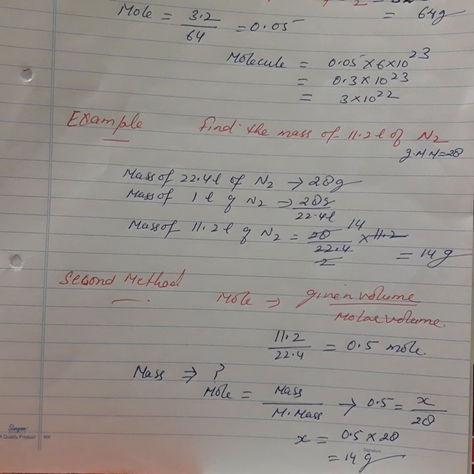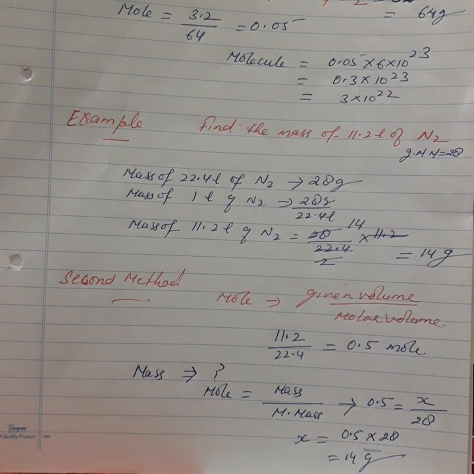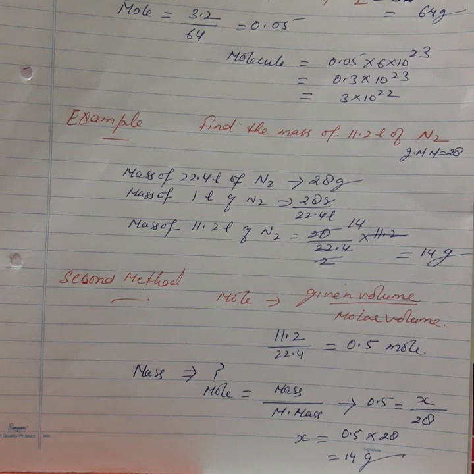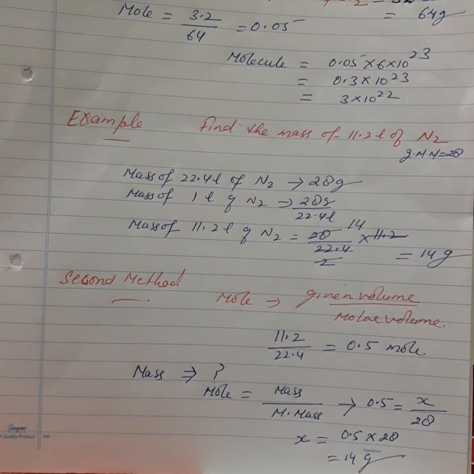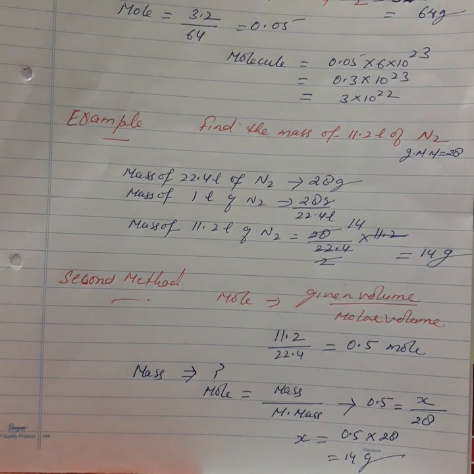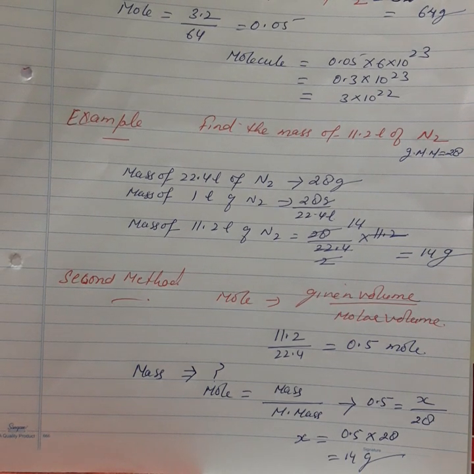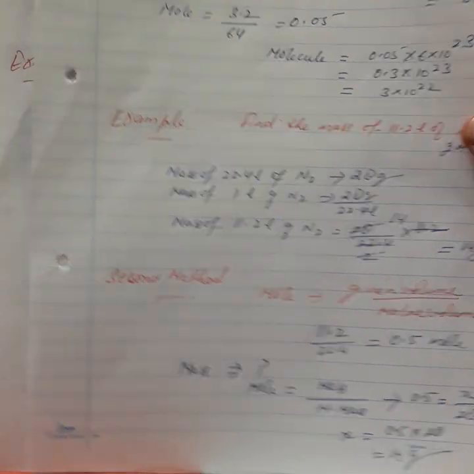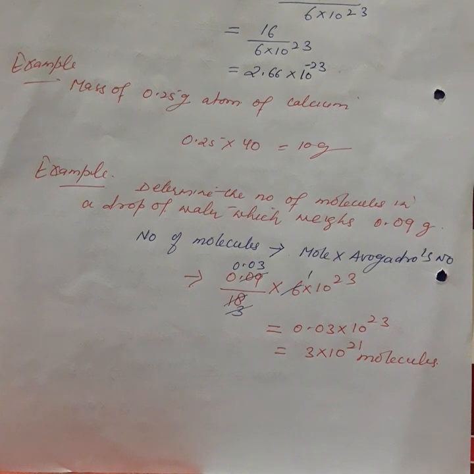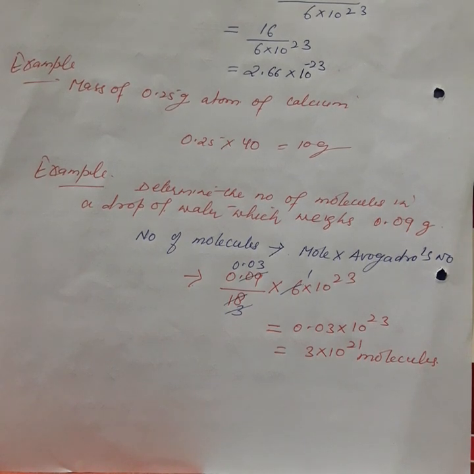We have to calculate mass here. So we will put the value in this formula. Mole is equal to given mass divided by molecular mass. So 0.5 is equal to x upon 28. x is equal to 0.5 into 28 is equal to 14 grams. So whichever method is easier, that you can apply. Just try to apply unitary method also. That is also very simple. Okay. Then next, calculate the actual mass of one